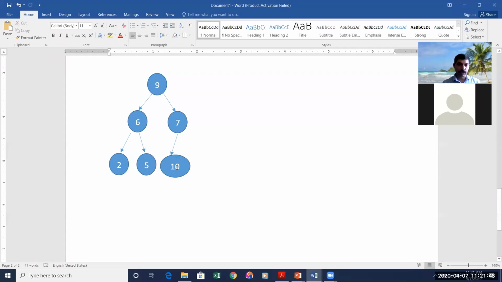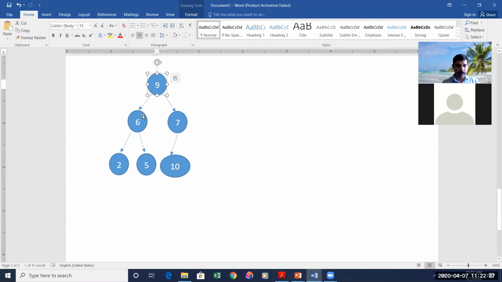Now after this, what you have to check is whether the parental dominance holds for this location 10. So 10, when compared with its parent, is greater than its parent 7. So what you should do, you should take 7 and you should put it to the position of 10. Okay, now assume that 10 is moved to the position of 7. Now check whether the parental dominance holds at that position. So 10 is greater than 9 also. Therefore, 9 is brought to the position of 7 here, and move this 10 to the root position. Since you have moved to the root position, that is the last step.